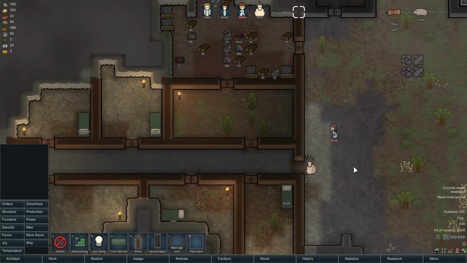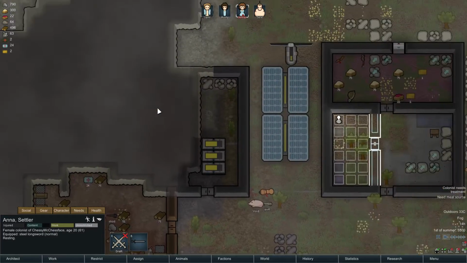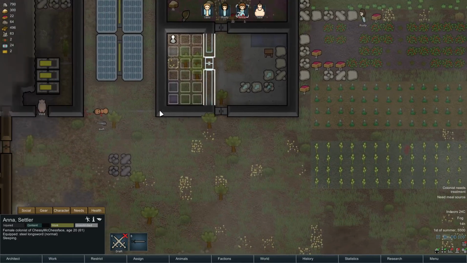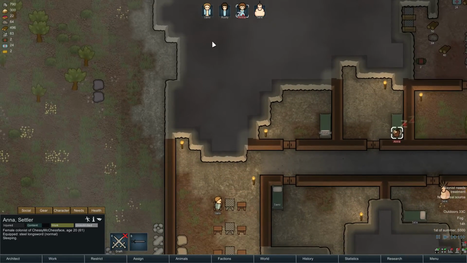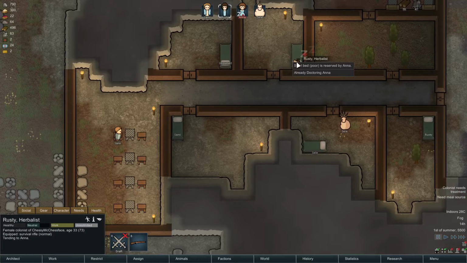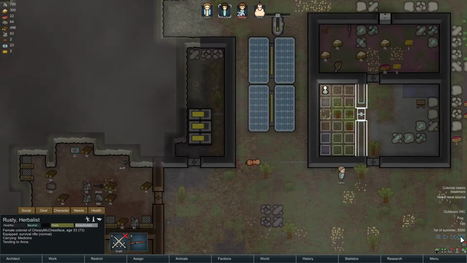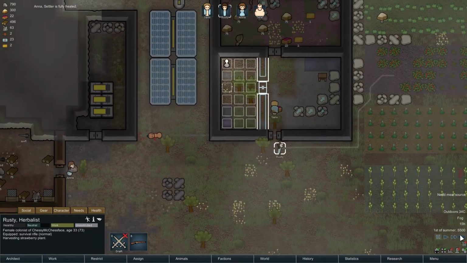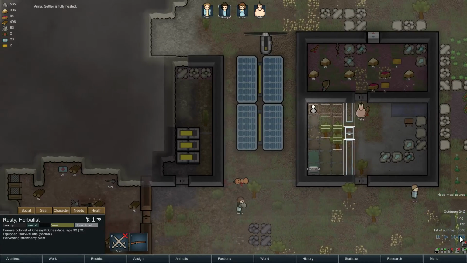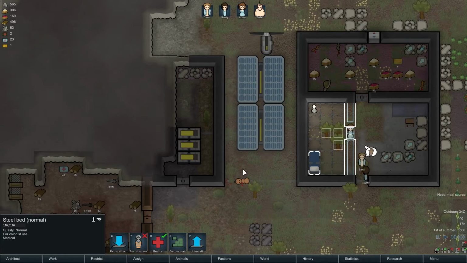Alright. How badly is Anna hurt here? Just not too bad. That wasn't bad at all. Alright, well, while we're waiting for this to get finished, who's our doctor anyway? Don't tell me it's Anna. No, it's Rusty. You're doctoring Anna already, so that's great. Alright, well, let's get that set up. Let's see if we can get any of this done. I'm going to make this into a medical bed and see if we can get people...